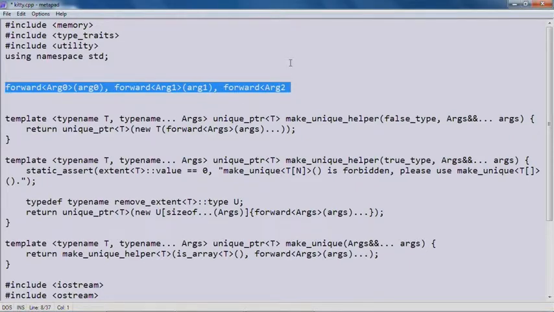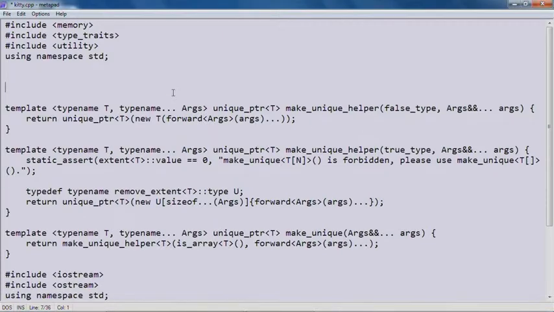This is really unbelievably cool. You can do all sorts of things. If you have multiple packs, you can zip them together. You can expand one but not the other. All sorts of neat things. But this here is the very simple pattern for how to write a perfect forwarder that accepts an arbitrary number